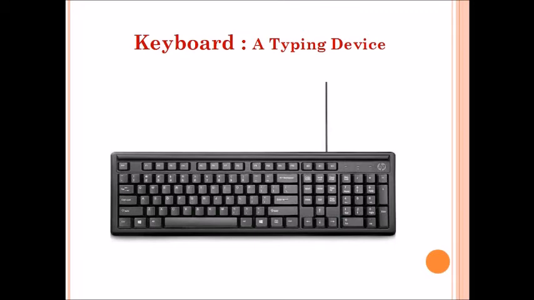This is the picture of a keyboard. Look here, there are multiple special keys. Then the alphabetical keys, number keys and function keys are present here. Number keys are 0 to 9. Then the arithmetic operation keys: plus, minus, multiplication, division. Then some special keys: shift, caps lock, control key, windows key, alt key, backspace key, enter key. A to Z are the alphabetical keys, and F1 to F10 are the function keys. So all these keys are present on the keyboard.